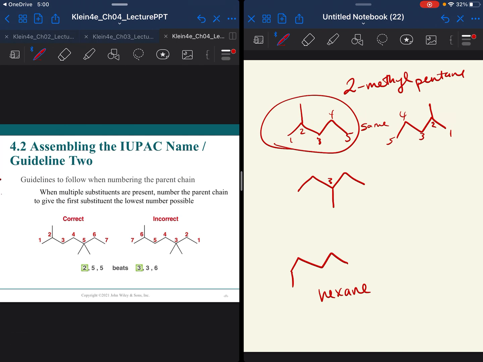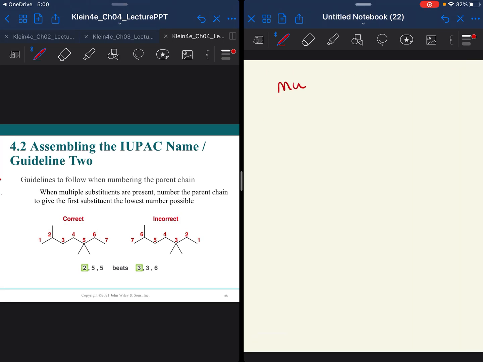Guideline number 2, you are going to have multiple substituents, so I want to make sure we get through this numbering. If you have multiple substituents,